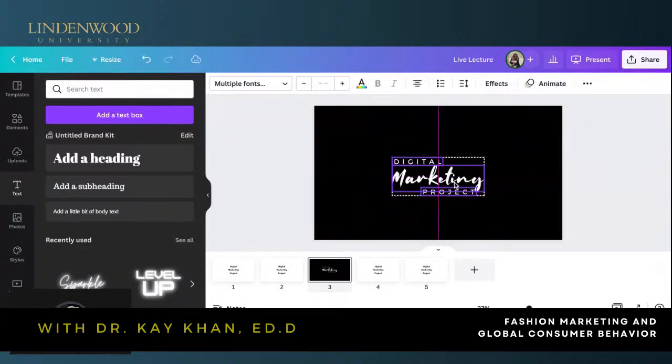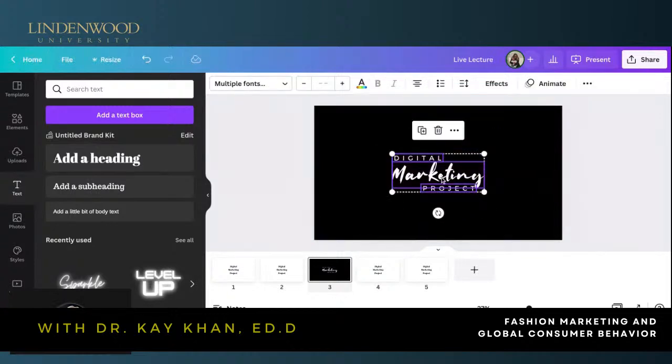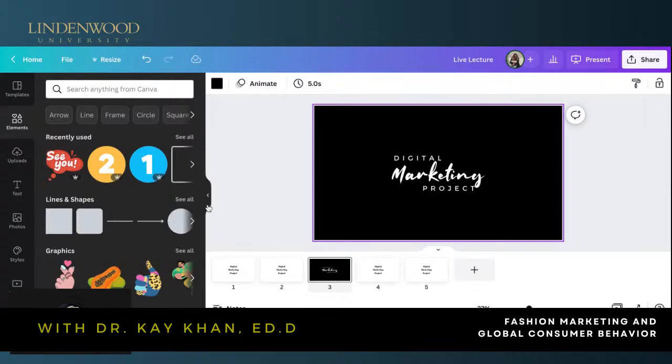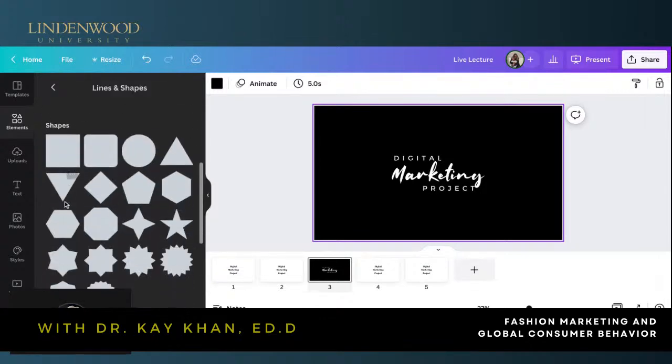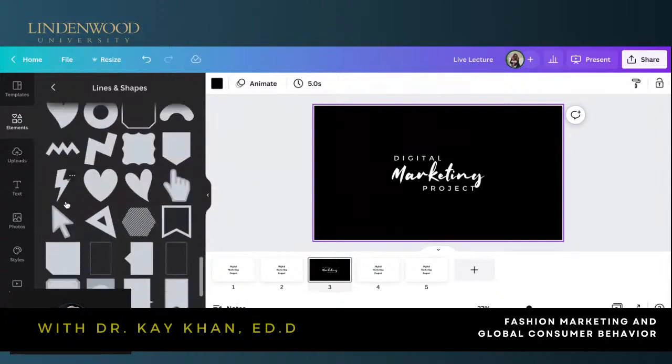And then I'm going to do something fun. I selected everything. What I did was I took my cursor and placed it over everything, and then, to make sure that it's centered, you see the guides that Canva has built into it. It's helping me make sure that I centered it properly. So then I want to play with some shapes. I'm going to go into shapes because I want it to look a bit futuristic.